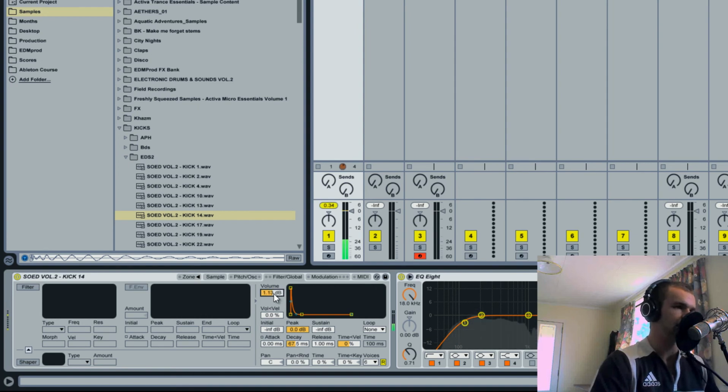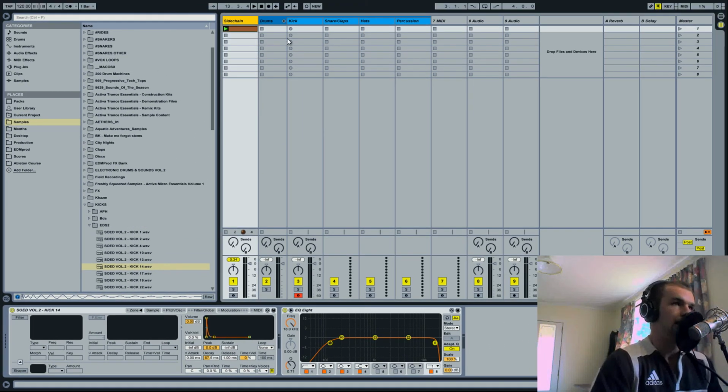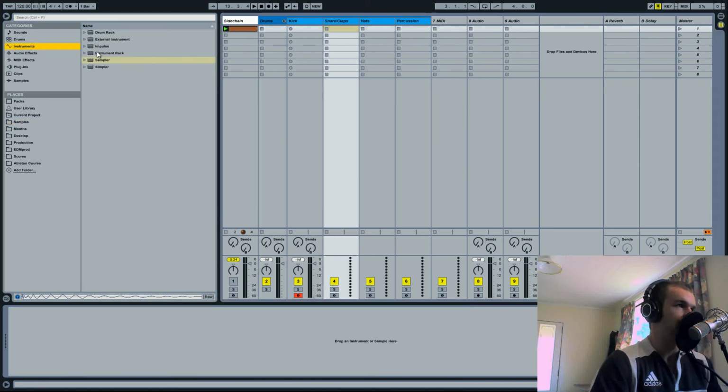Make sure that's hitting at the top. Cool. So that's the sidechain, and we'll leave that how it is, and also mute it, we don't want it going anywhere. What else do I want on the kick? Nothing, that's pretty good. Snares and claps, I'm going to use a drum rack here, probably, just in case I